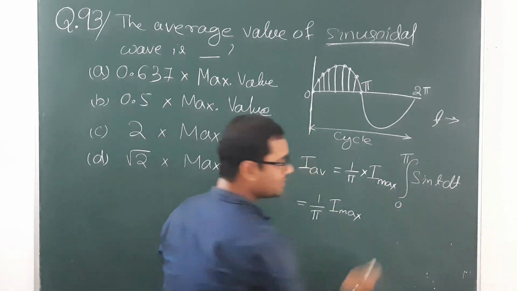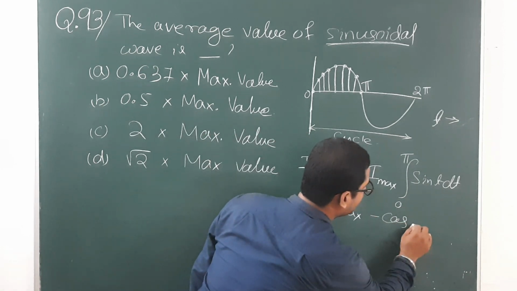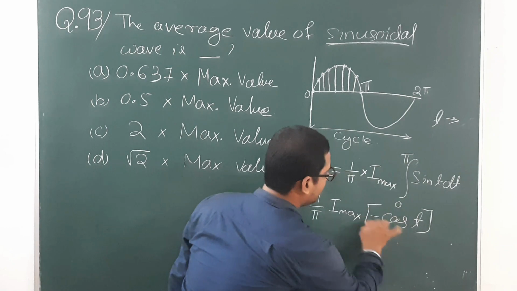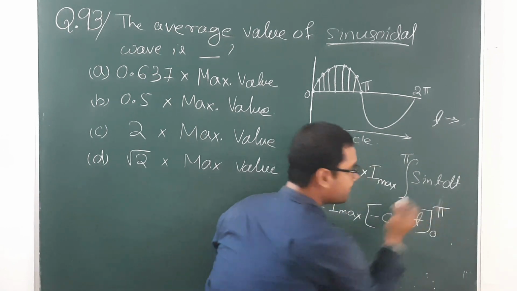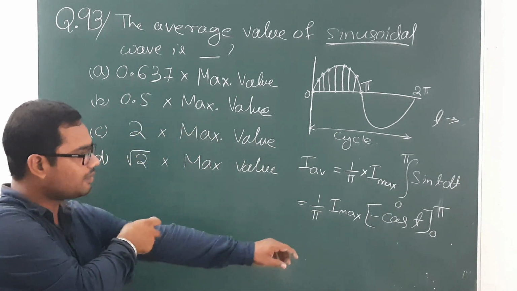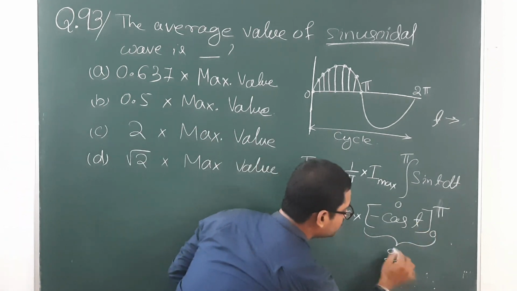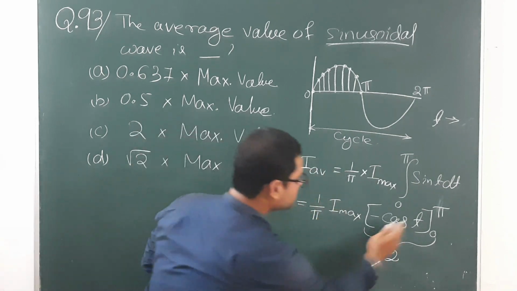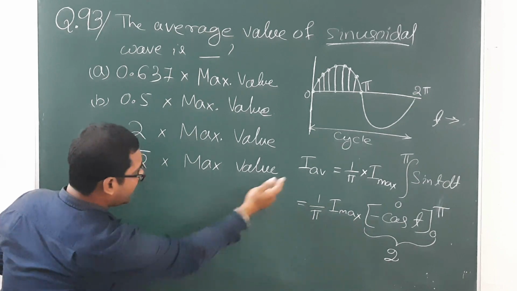So the integration of sin theta, you know that this is cos theta. So minus cos theta, and the limit is 0 to pi. And if you solve this one, you will get 2. Yes or no? You can solve this one and you will get 2. So finally your I average